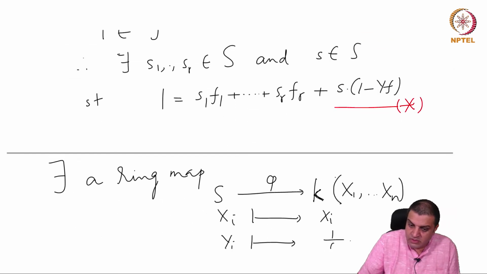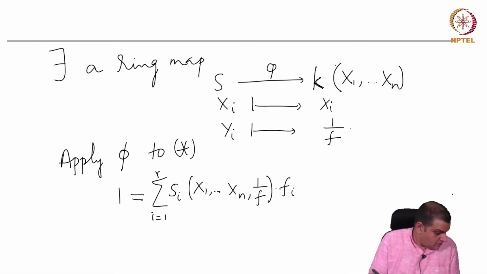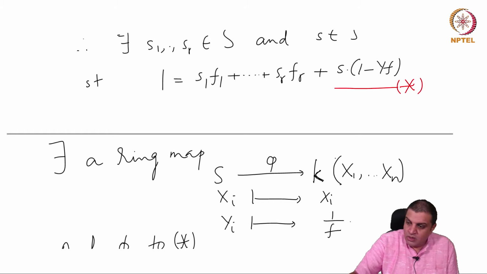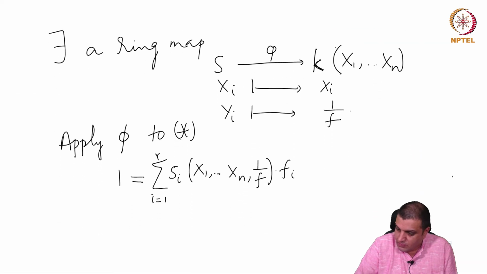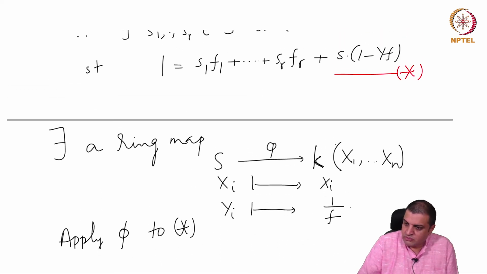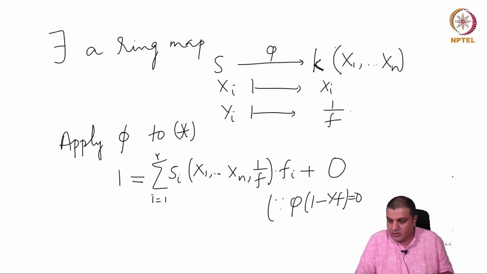So these terms, this is what they become, and S goes to whatever it is. 1 minus yf becomes 0. That's exactly why this was written like this. Plus 0. So this is because phi of 1 minus yf is 0. So now we have an expression involving 1, not involving polynomials, but one also needs to